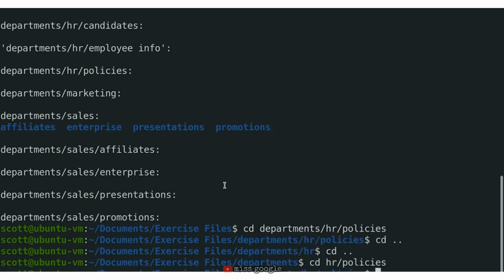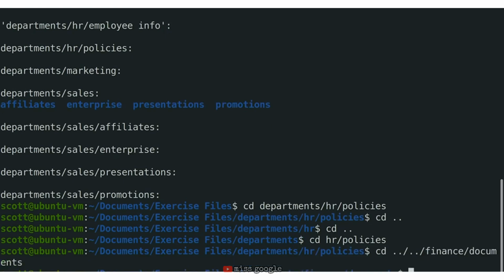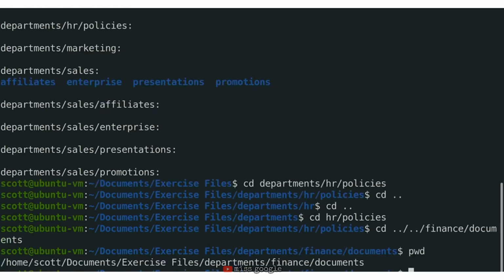So to move there, I would write cd space .. to get back to the HR directory, then .. to get to the departments directory, and then finance/documents. Then I'll press enter. And if I take a look at where I am with pwd, I can see I'm